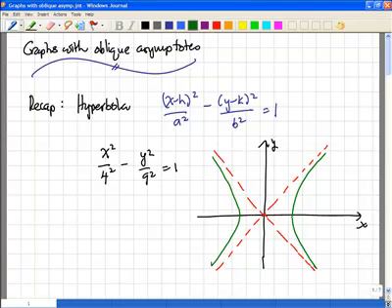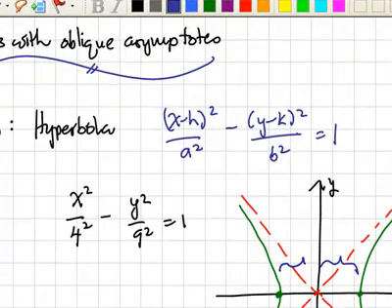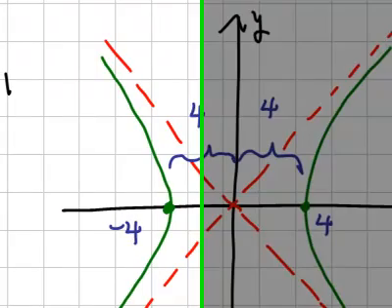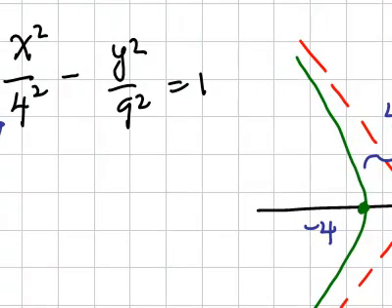Okay. Then how do we actually know this particular point and this particular point? Take note that we've already observed that the distance from the vertex to the origin along the x-axis is dependent on this value. Okay, so this is 4 and 4. So the value down here will be 4 and negative 4. So this is the way that we look at the hyperbola. Okay, the hyperbola has an oblique asymptote like this.